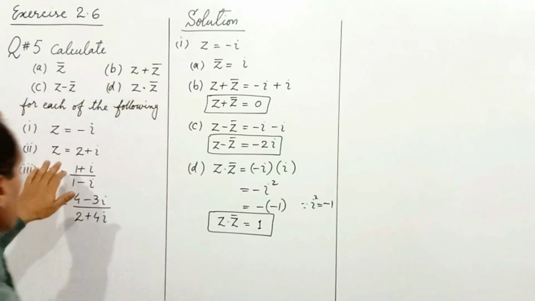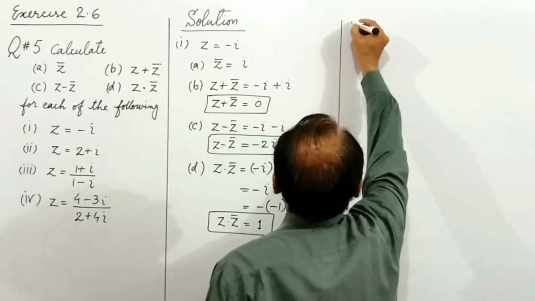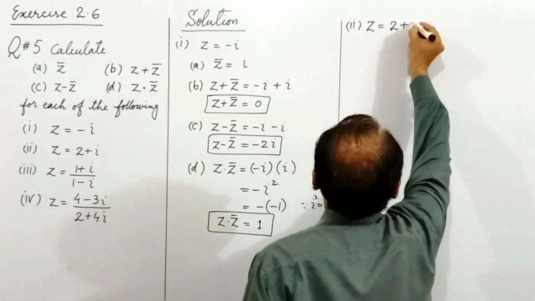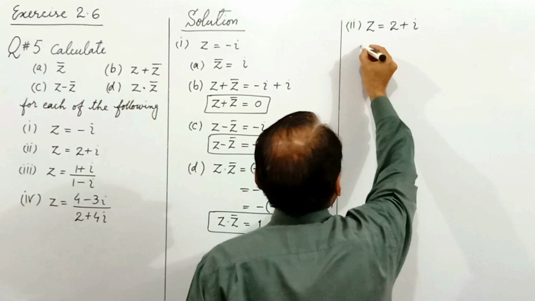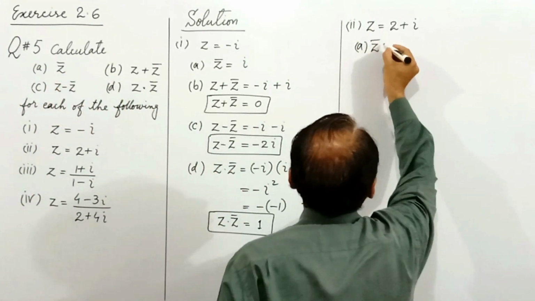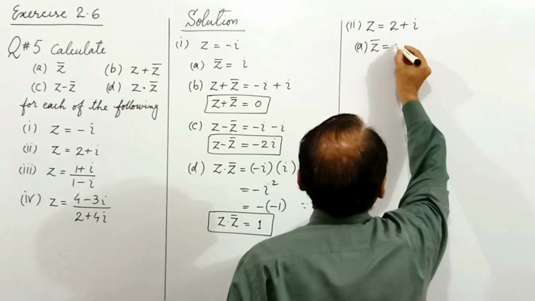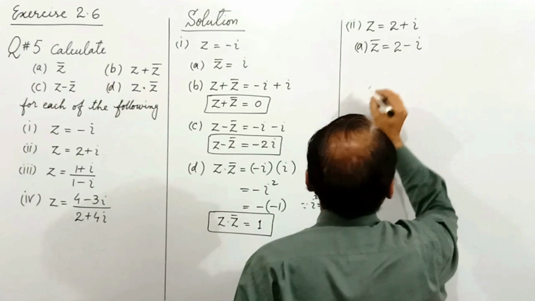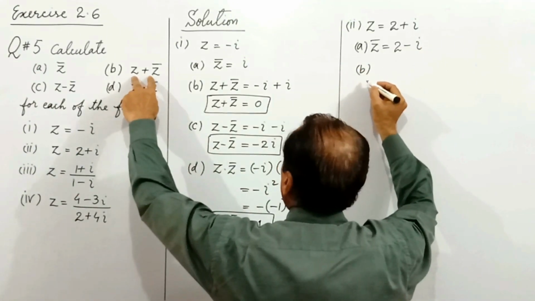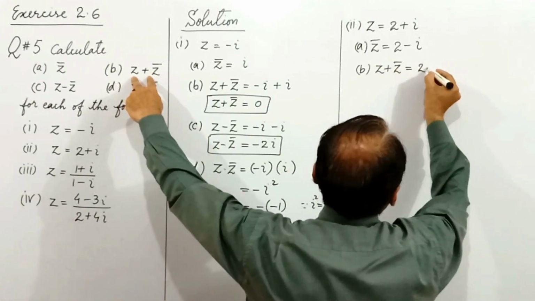Let's begin with part 2, which is z is equal to 2 plus iota. Again, in part A, we are required to find its conjugate, and the conjugate is obtained by changing the sign of the imaginary coefficient. So hence we have 2 minus iota. Part A is solved. In part B, we are required to find their sum. So z plus z bar will be equal to 2 plus iota